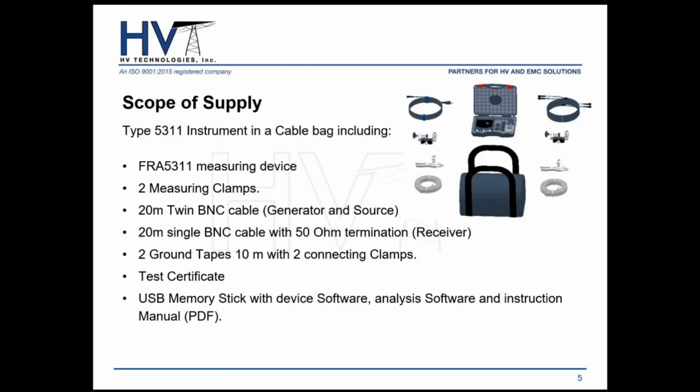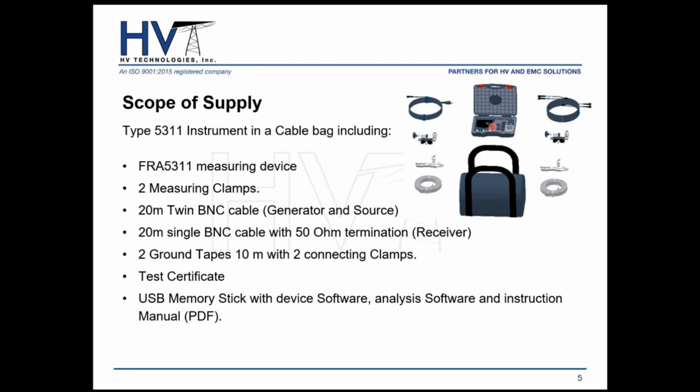So basically, when you order your 5311, you will get the following. You will get your 5311 measuring device. It comes in a hard shell case with an external power supply, which you don't necessarily need to use because it does power on through the USB. You'll also get a USB drive with the software and a PDF version of the